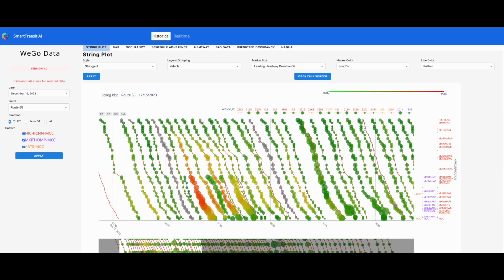Demonstrating a tool developed to help transit agencies better analyze their bus data, both historically and in real time. Starting off, we'll take a look at the sidebar here, where you can select the date